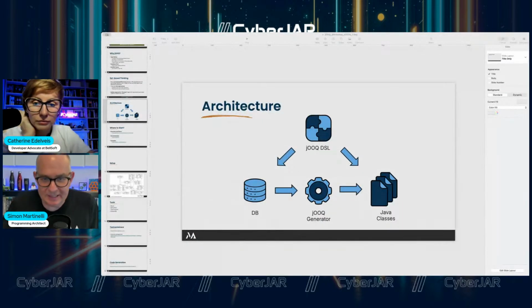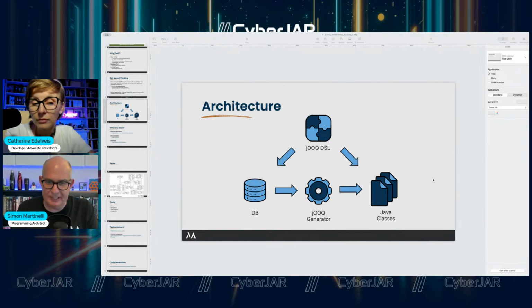Okay. So this is the architecture of jOOQ. It means we have two parts for jOOQ. One that I already mentioned, it's the domain-specific language on top. And then we have the jOOQ generator that generates the Java classes that you use then. And jOOQ is absolutely database first. So you don't do something like you do with JPA, because with JPA you usually go ahead and define an entity model, and then you map it to the database, or you let Hibernate generate the database tables for you. jOOQ assumes that the database already exists.